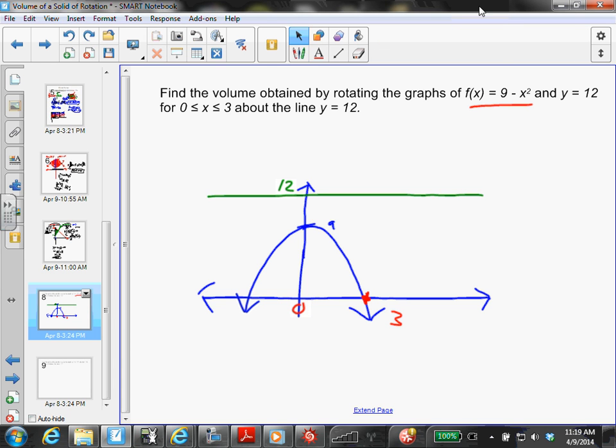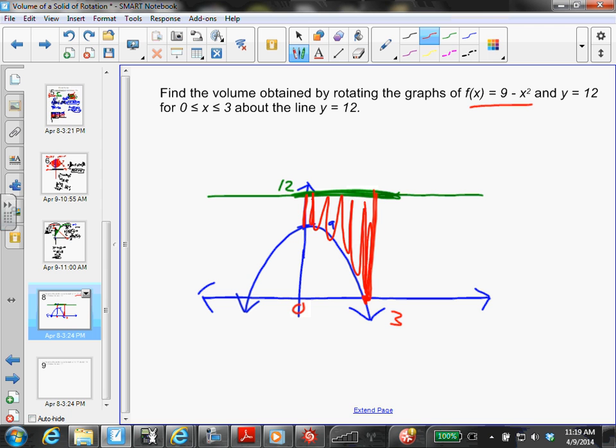Now, what's funny about this one compared to the other ones is that our axis of rotation is actually up here. Okay, it's not the x-axis. And so our shape is actually going to be this area from 0 to 3 of this curve to the line y equals 12. Okay, so we still will be able to use a disk method, primarily because this area right here is right next to the axis of rotation the entire time, right? So we're going to be able to use a disk method,